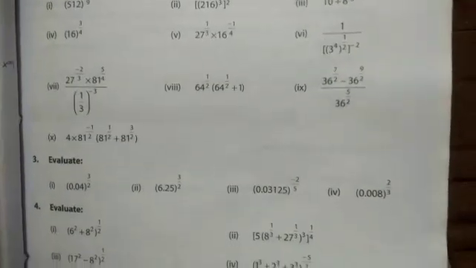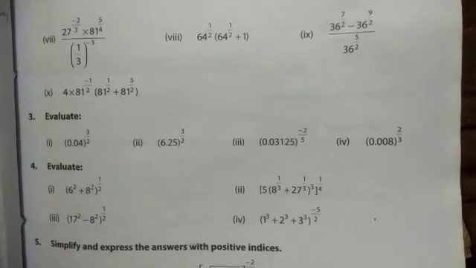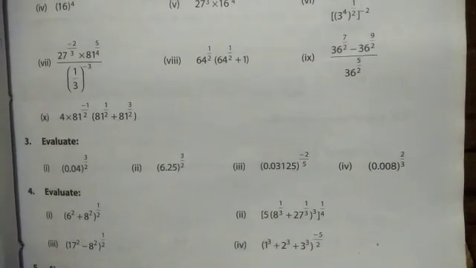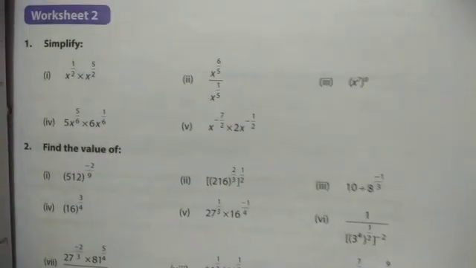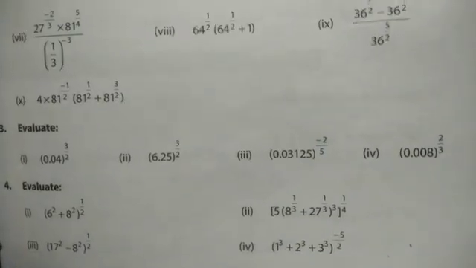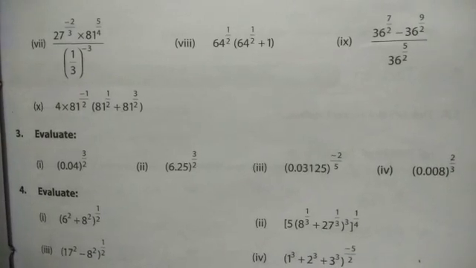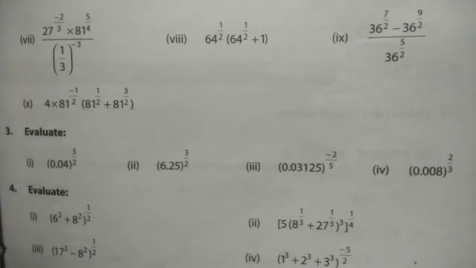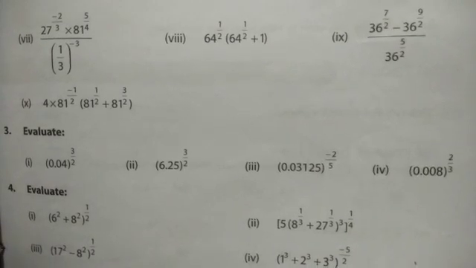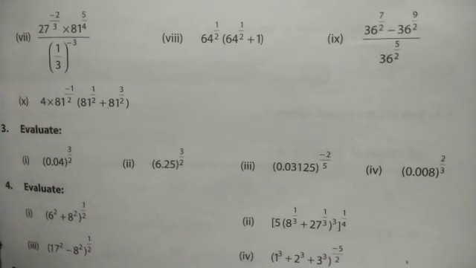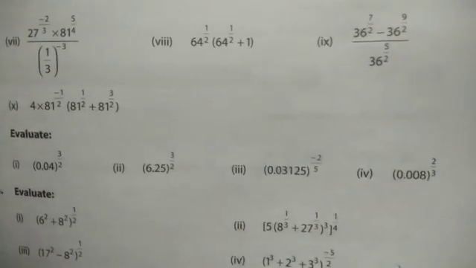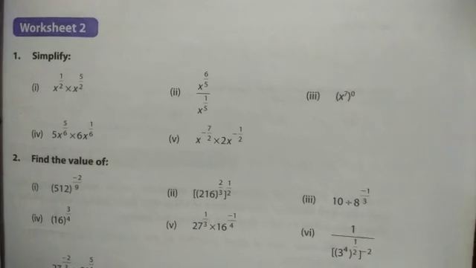Let us see this worksheet. You have to do up to the 4th: question numbers 1, 2, 3 and 4. After solving this worksheet, you will try the worksheet given in your first chapter of number system. That will become very easy for you. That is easier than this worksheet. So first you will solve this worksheet which I am showing you in the video.